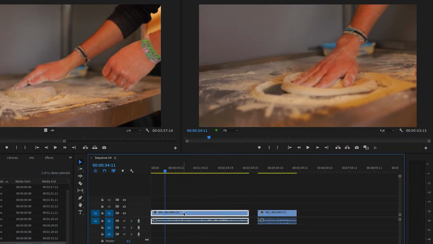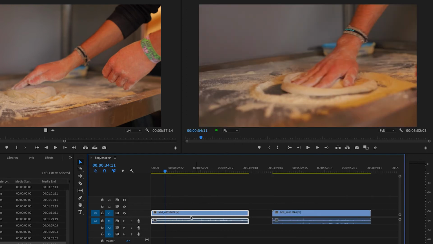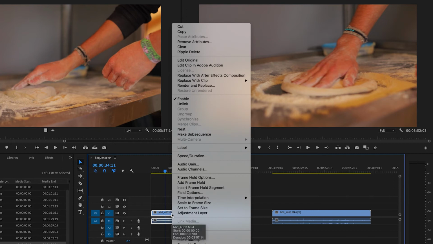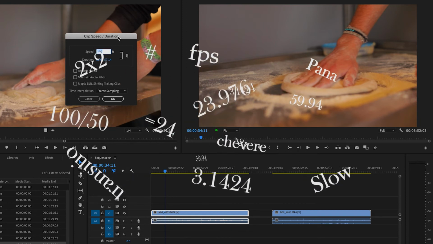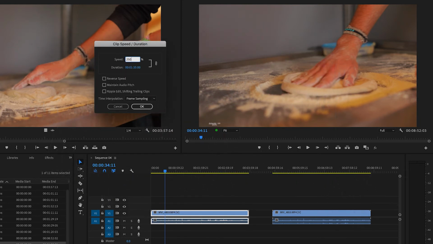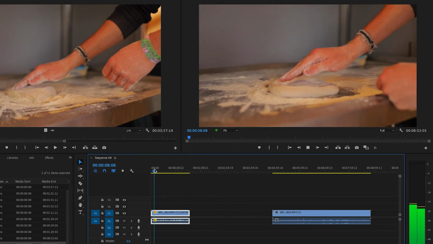If you want to reconvert to 24 frames per second, let's say you want to play this clip at normal speed, you just go here. Let's delete this one because it's 59 frames per second, we don't need it. So if we have our slow motion clip, let's copy this one for a moment, holding Alt and dragging. We have the slow motion here, and let's right click and go to Speed/Duration. Then, using the rule of three and some calculation, this has to be 250. Now if we play this clip, you can see it's the normal speed.